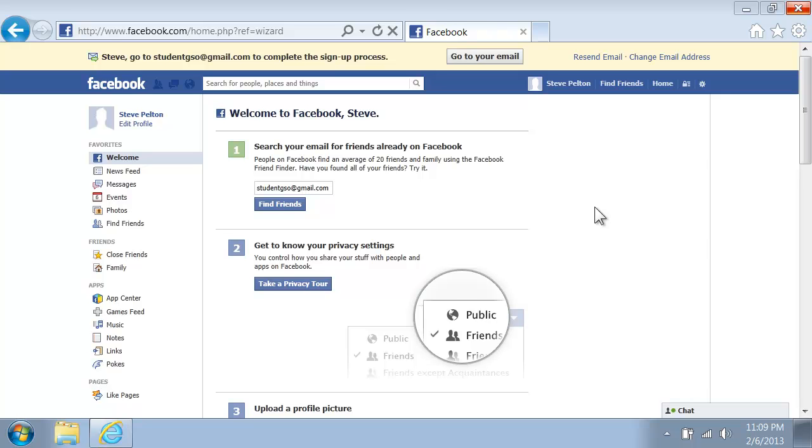After completing the 3 steps to create your basic profile for your Facebook page, you will be directed to the welcome screen of your Facebook page. At the top of the screen, you will be asked to complete your sign-up process by going to your email address, opening the email that was sent to you by Facebook, and then clicking on the link verifying